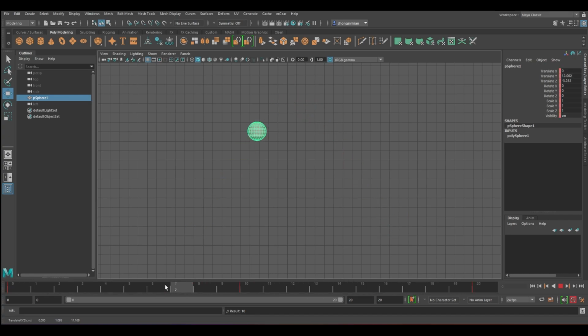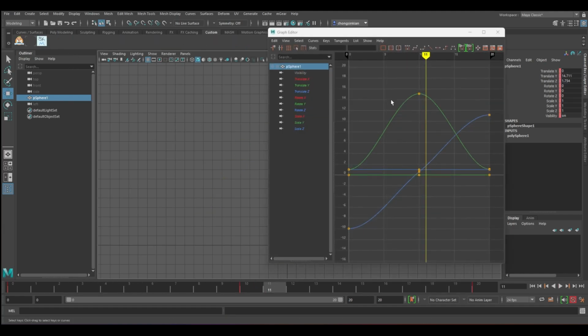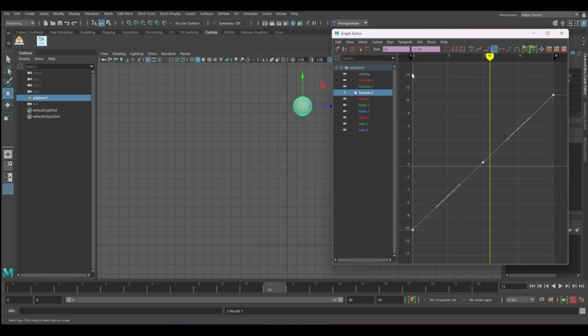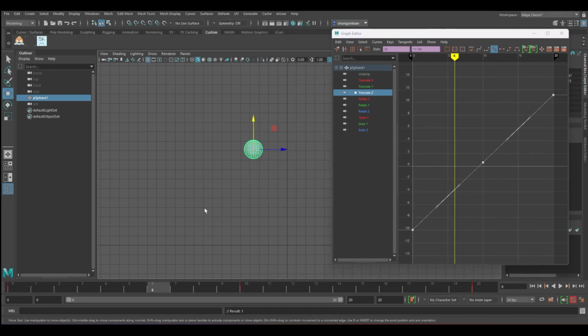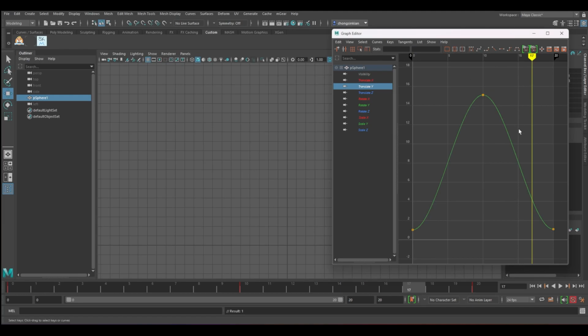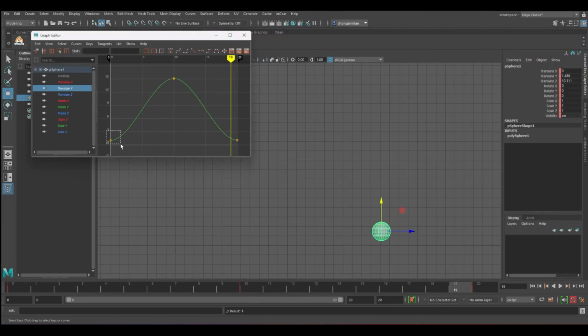Okay, so if I'm going to create this bouncing ball, I'll go to the graph editor. Let's fix the translate Z first. Select everything and click this linear. So it's a straight line towards the left side. It will go at a constant speed. The blue color, this arrow, goes at constant speed and falls down. Next is this up and down. It will bounce up and then go down. So a bouncing ball should look something like this.